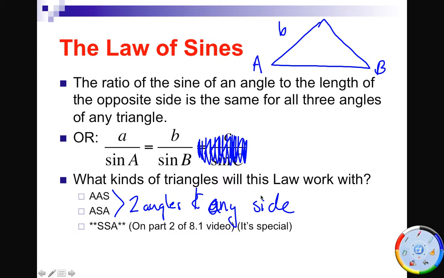Now, you do have to remember that when you solve a triangle, you are looking for all of these things in red. So you are going to have to solve for 3 different pieces. Also, one thing that you might want to write down: you are not allowed to use Pythagorean theorem. Pythagorean theorem only works for right triangles. None of these problems are going to be right triangles anymore. All right, so let's take a look at